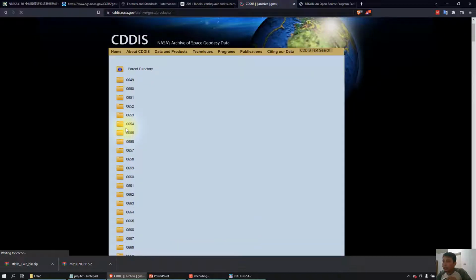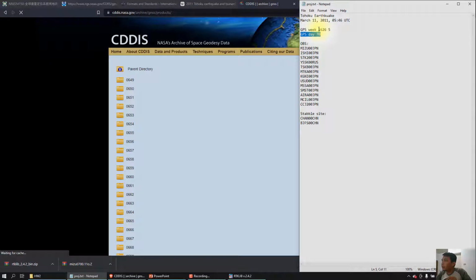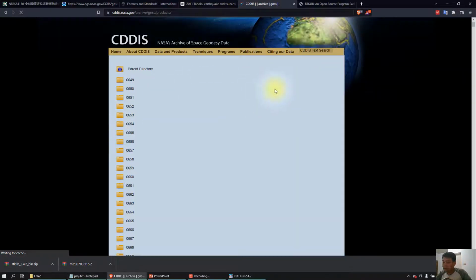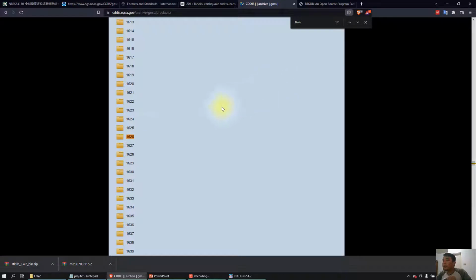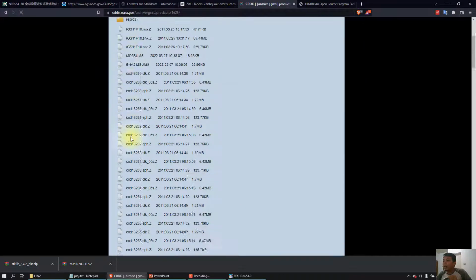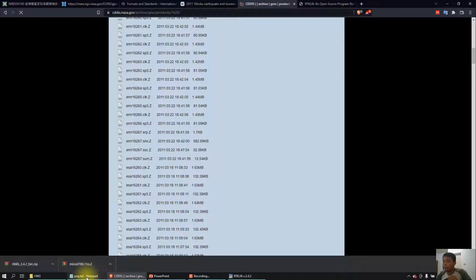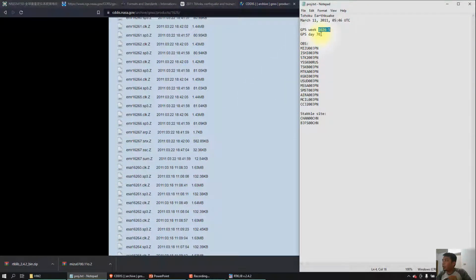This uses the GPS week, so this is the function. We use GPS week 1626, so we should find the folder 1626.